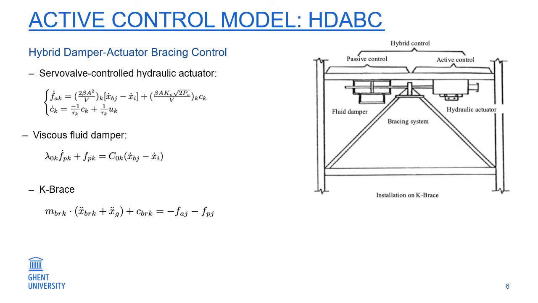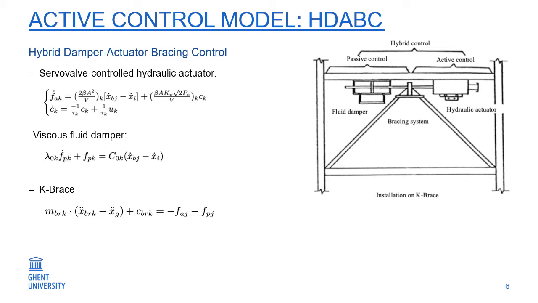Next to passive control, active control is another option to achieve vibrational damping of the building structure. More specifically, we chose a hybrid damper actuator bracing control system, as can be seen in the figure on the slide, where a K-brace is installed on the first floor and a hydraulic actuator and fluid damper are installed in the upper floor. We chose this system because it combines the reliability of the passive devices with the adaptability of